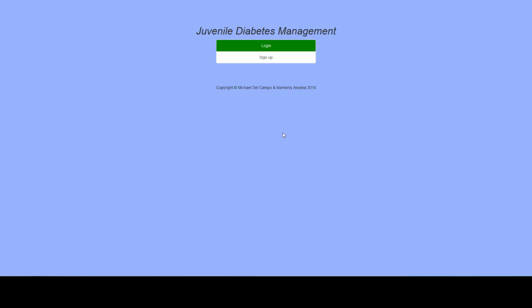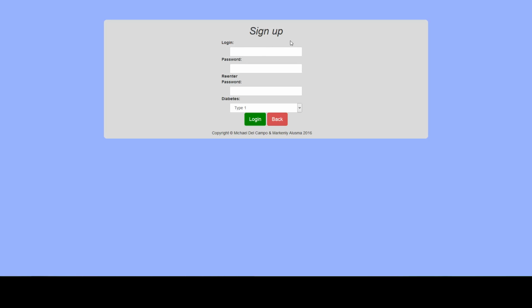Going to be a demonstration of our juvenile diabetes management app. This is going to be the first page you come to, the landing page. You can either log in or sign up. The sign up asks you for a login, password. You have to re-enter your password, and then you can select the type of diabetes that you have, type 1